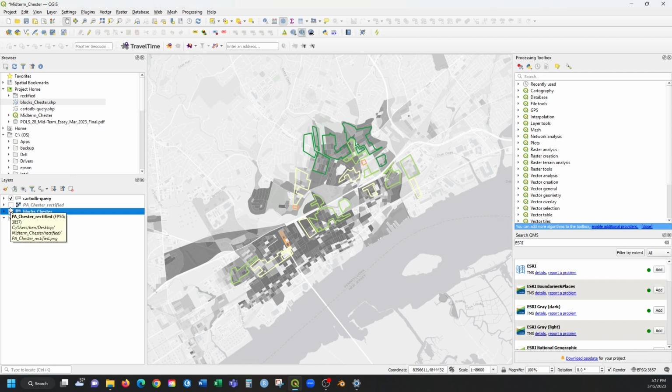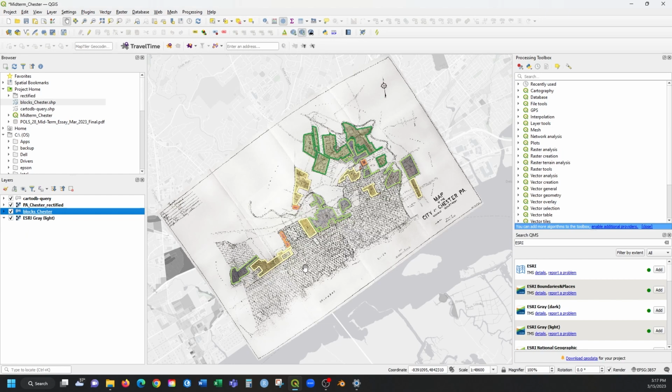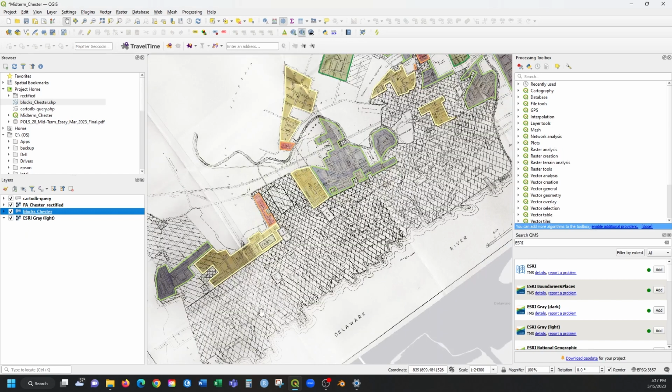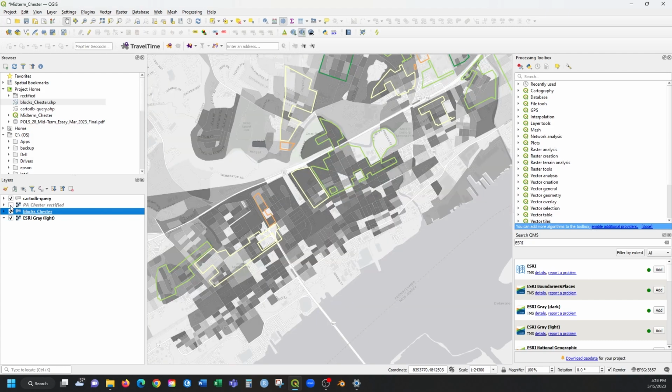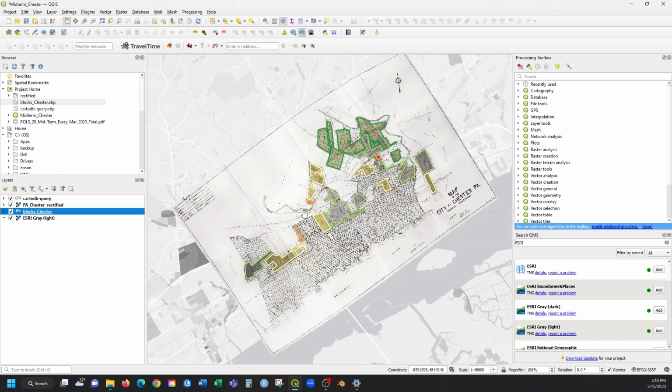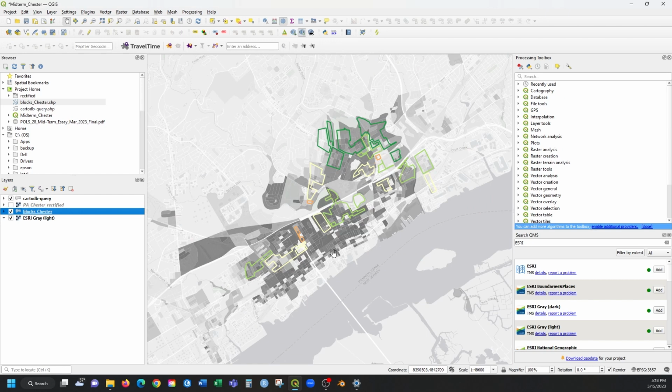If we were to look at this, though, what I was showing you before, I think it would be interesting to overlay and to see how this commercial district here, or this industrial district, seems to be pretty heavily populated now, or at least more populated than it was at the time. And so that's also kind of being omitted. We don't have a shapefile that tells us that. We could make one, we could digitize one, but any one of these maps I think would be interesting to show. So I think we're going to shut off the rectified. We're going to show,